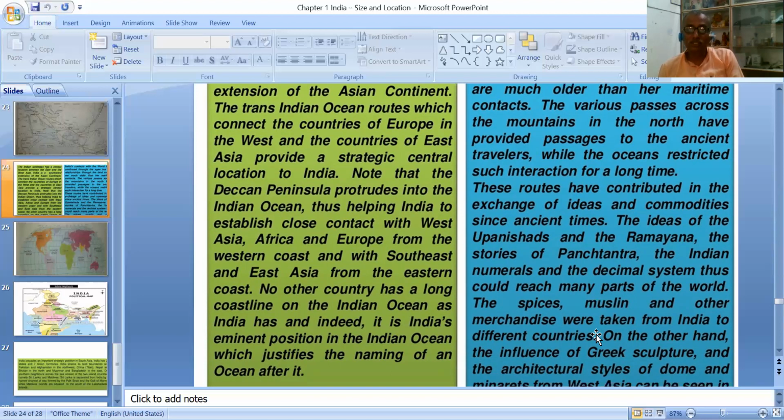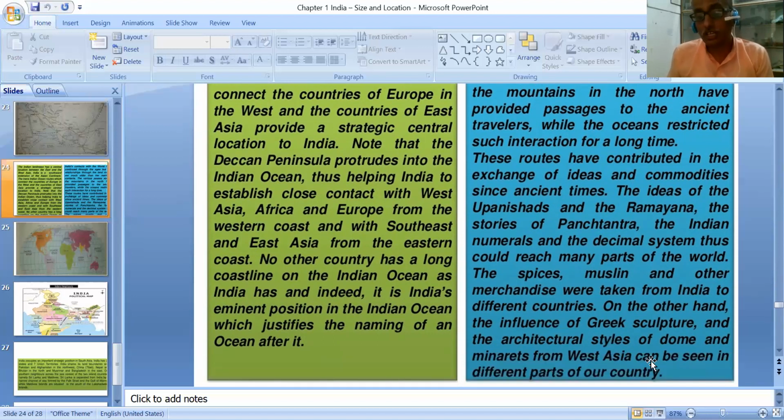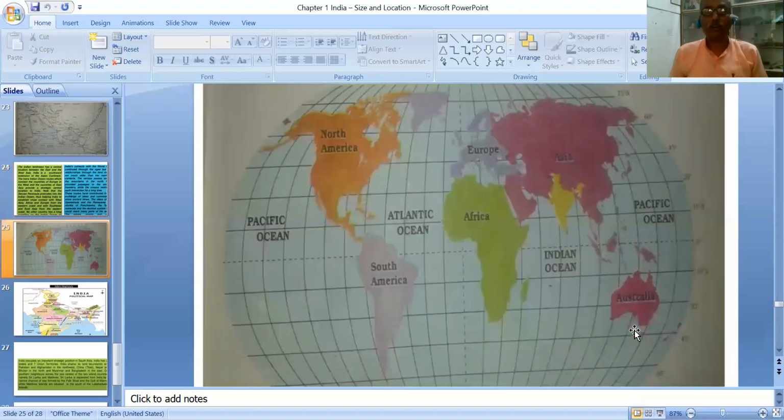And the spices which were cultivated here were basic needs for many nations in Europe, and people from different countries tried to reach India through different routes. And the Arabs came here and took the Indian knowledge and spread it in the European part. And Greek sculpture, another way we can see, has even been influenced, with architectural styles like the dome and minaret. From all that we can identify how the interaction has taken place since time immemorial. This is about the information.